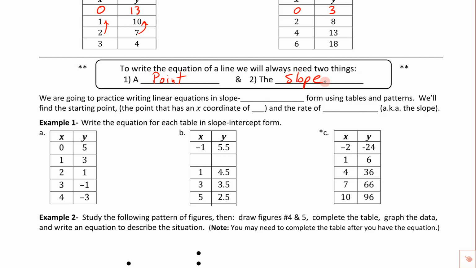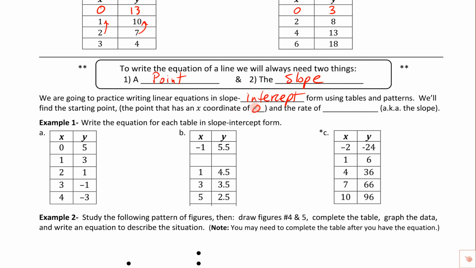Okay, you've got to have a point and a slope in order to write a linear equation. So we're going to practice writing linear equations, again, in slope-intercept form. That's kind of our favored form right now, using tables and patterns. And we're going to find the starting point. When we say starting point, that's another way of talking about the y-intercept, and it's definitely got an